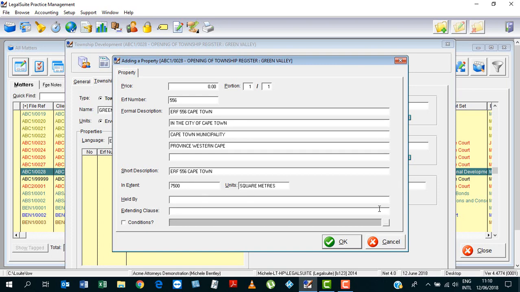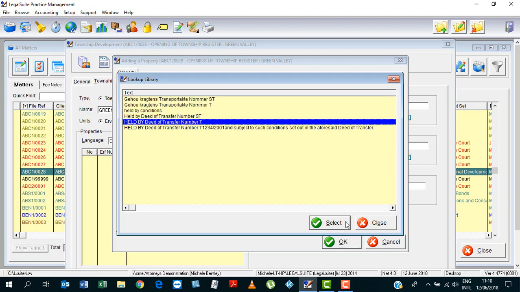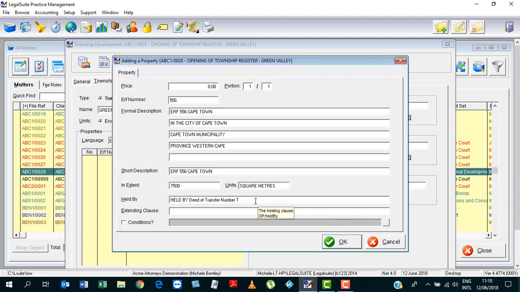Okay, now exactly the same as for a normal transfer matter, you need to set forth the holding clause. How is this property held? And again, do remember the lookup libraries. You can type it in, but I love my lookup library, so Control up arrow. And here I have given you various held by clauses. As this is a conventional property, I'm going to choose the conventional held by clause, and this is currently held by deed of transfer number